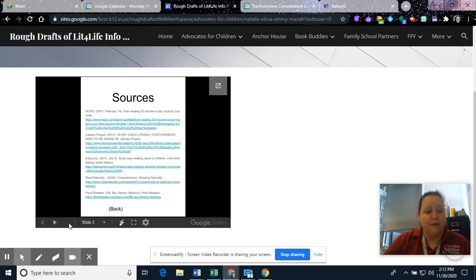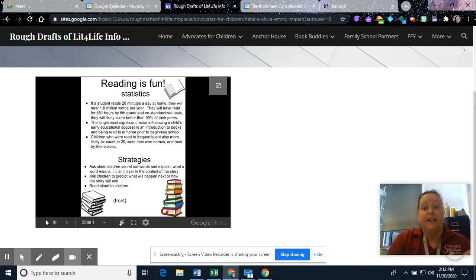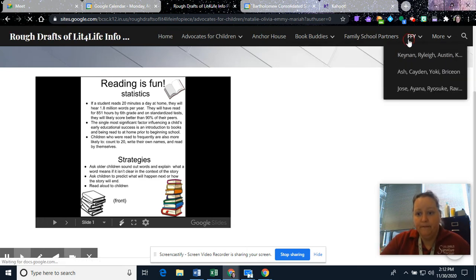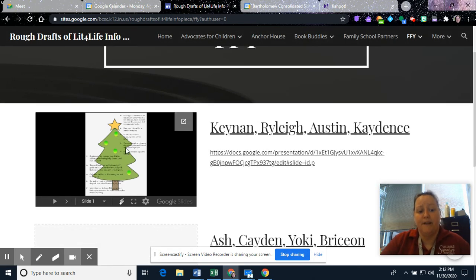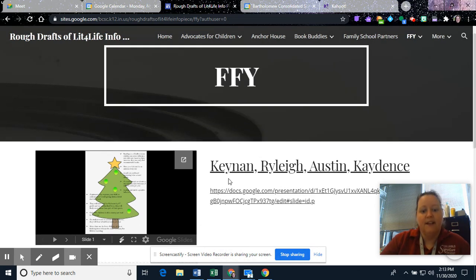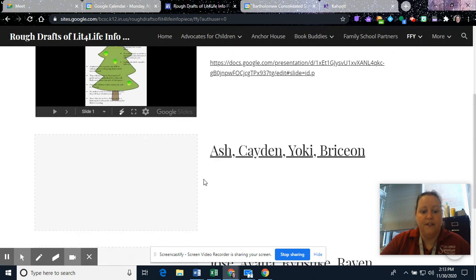And then you can see what all that they've got, look at it, and then use your Google form to give feedback on them. So keep the Google form open in a different tab so you can go back and forth. Some groups, I think if we look at FFY, some groups put their informational piece, their rough draft, on that charity's homepage. That's not a problem. You can still see it. And so if you're FFY and looking at Keenan's groups, you can see it. It's small, so yet you can make it bigger to see the whole thing.